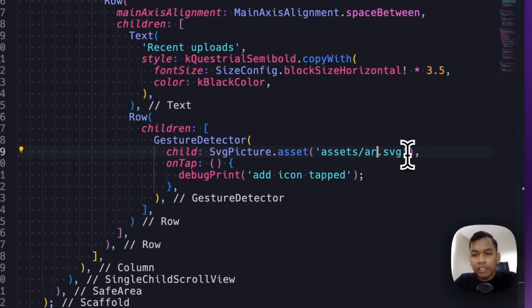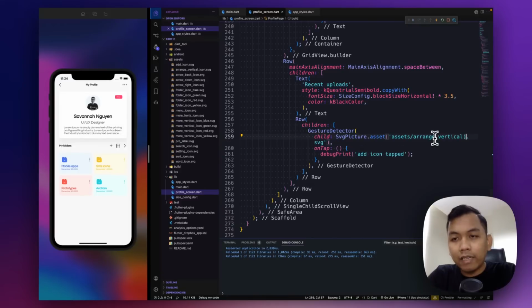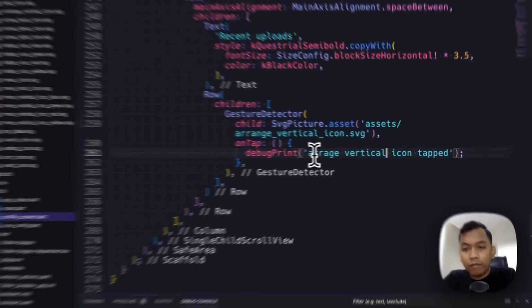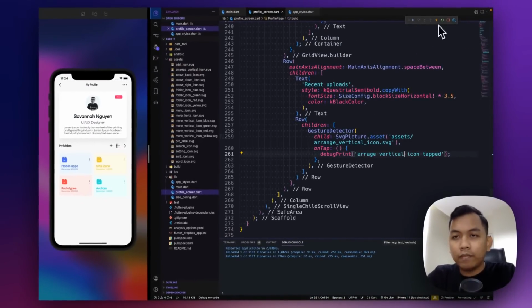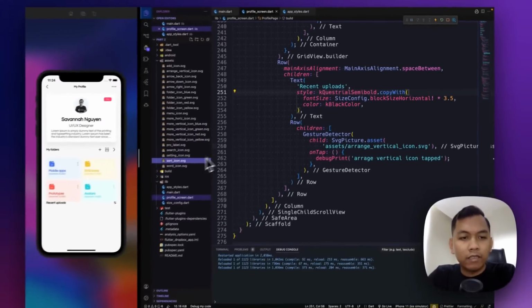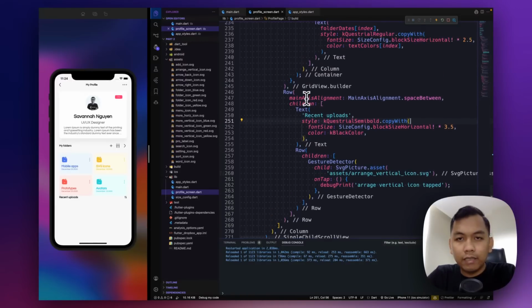I think arrange vertical icon. Arrange vertical icon tab. I hope I am right.